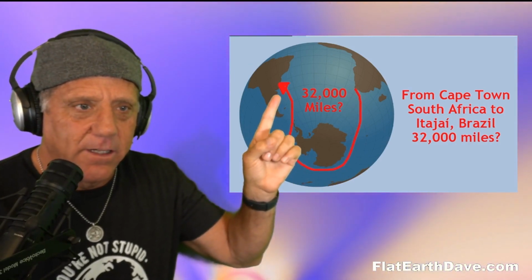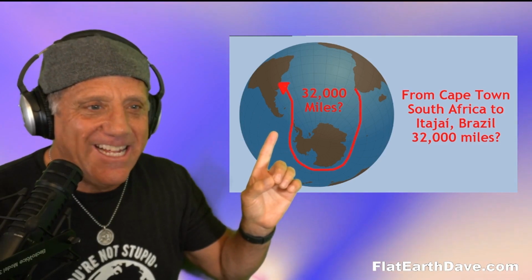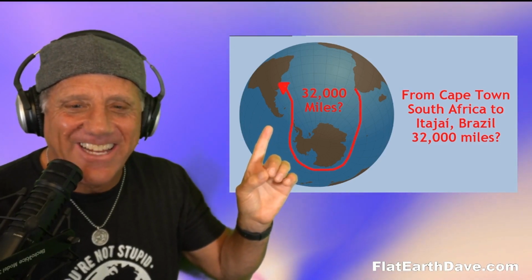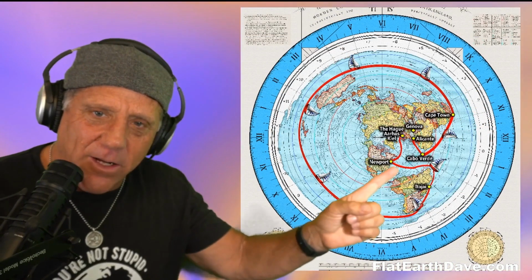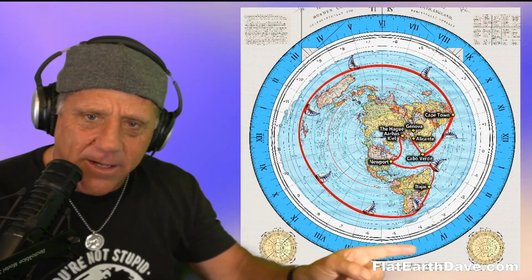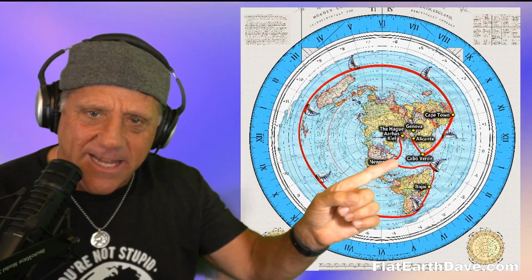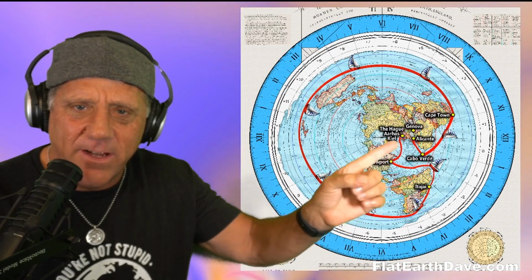Oh, that's funny. No, it's not funny at all. It's hilarious. It's ridiculous, right? So you're saying they're just going off the edge? This is the race. So from here around to here is 32,000 miles. And then this is just another 10, 15,000, whatever. You know, this is the route that they take.